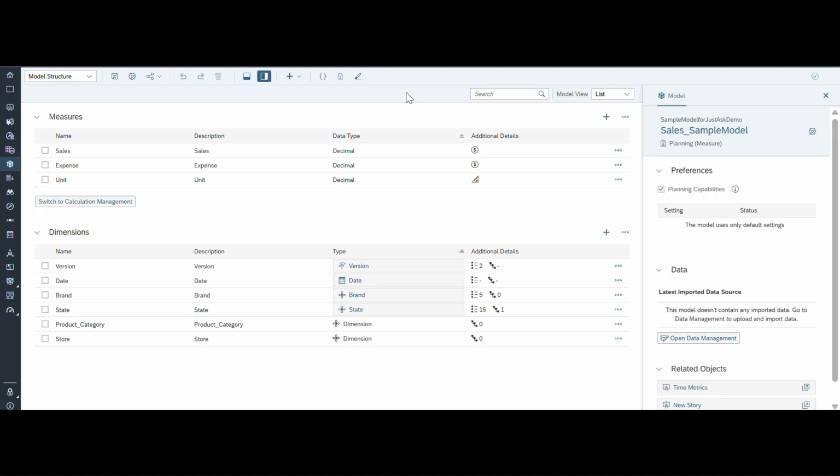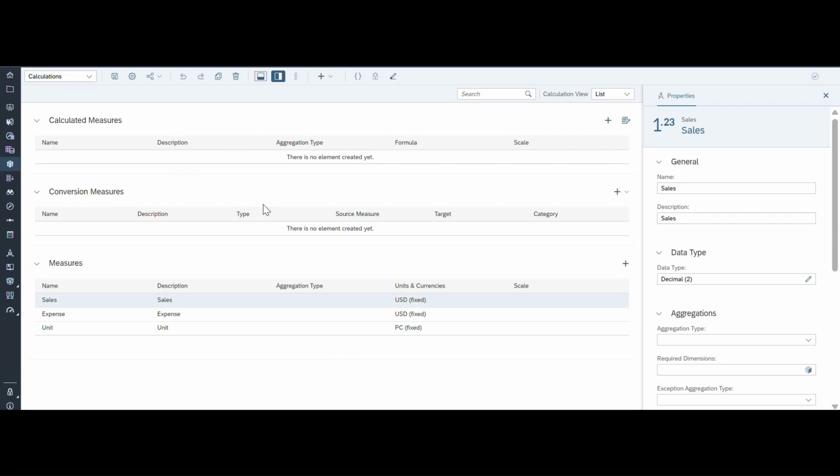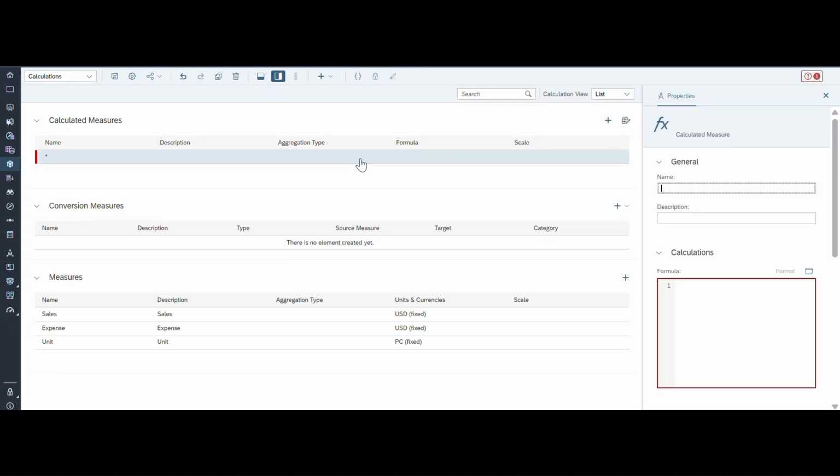So as you can see, this is my simple sales data model. These are some measures I have. Now I will create these QTD, YTD measures in my model. I will switch to the calculation management. Under the calculation management, you can see there are no calculated or conversion measures as of now. I will add a plus button. Then I will name it